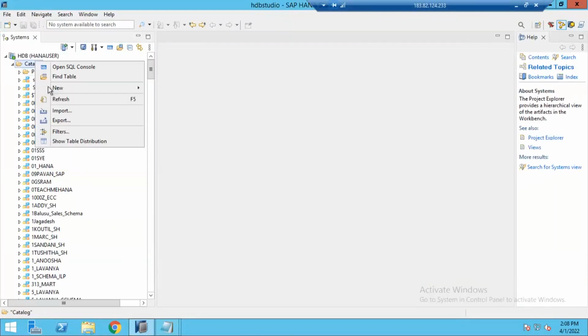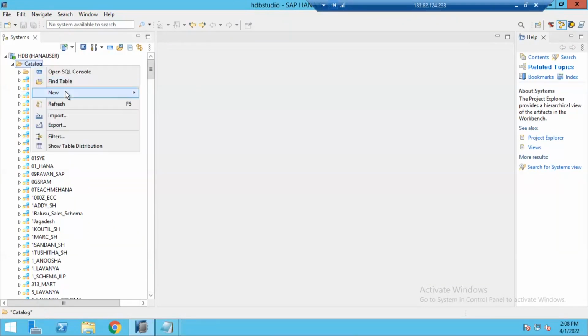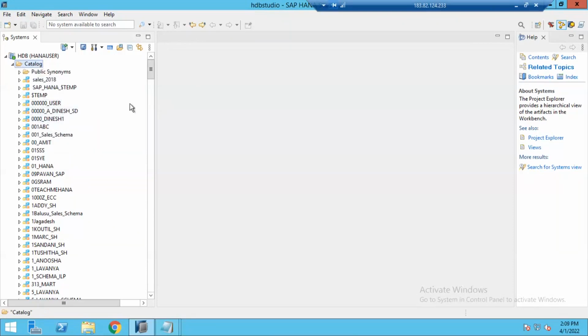If you right click here, you don't have an option to create a schema. Generally, if you right click on the parent object, on the new button, you can have an option to create a schema. You see, but there is nothing. So we need to write one SQL statement to create any schema object here. So how to write a SQL statement? To write SQL statements, we need to open the SQL console. You see, this is the icon, SQL console for selected objects.